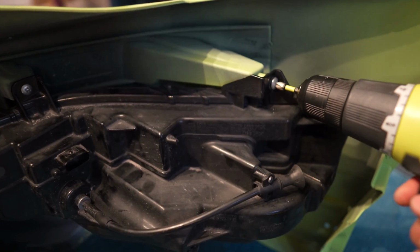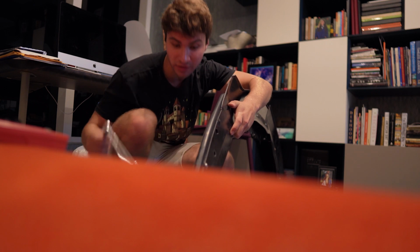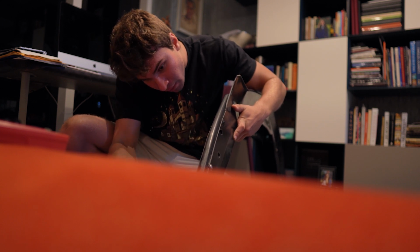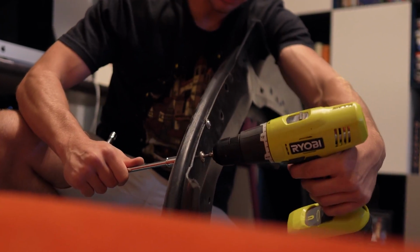Perfect. And then this one. No need to go too crazy. Here's the very annoying part that I was referring to. Basically you have to take a ratchet on one side, go ahead and grab the bolt, hold it there, or the nut, and then take the drill with the Torx bit on this side, and you have to